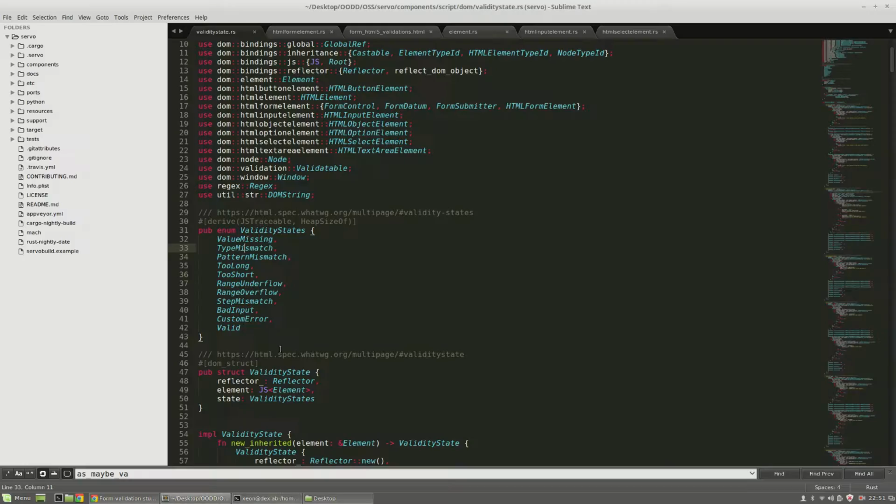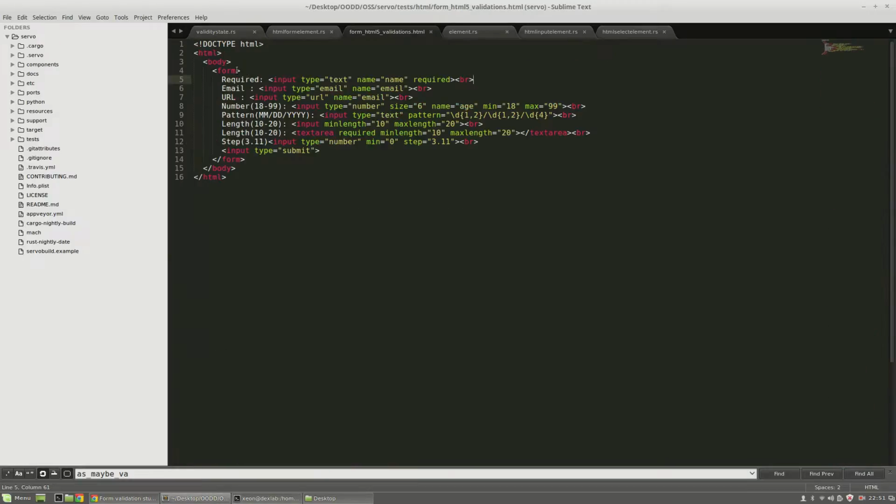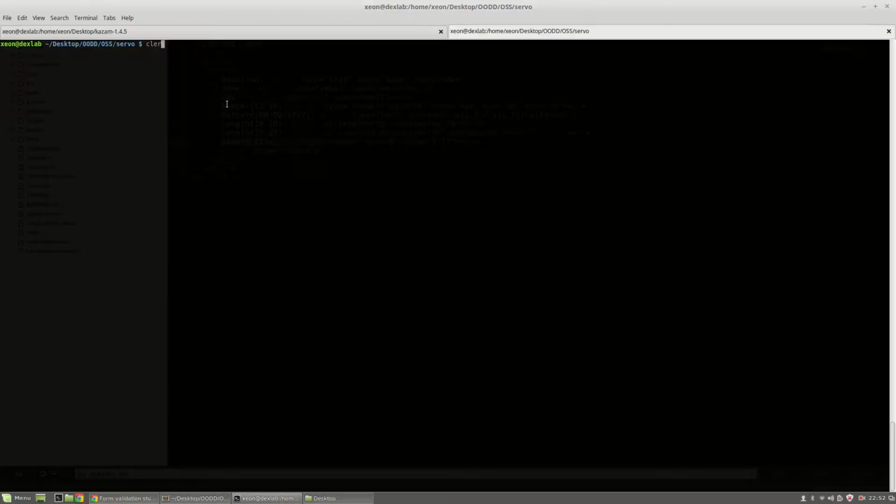I have prepared a simple HTML file in which there's one input element with a required attribute, one text area element with a required attribute, and a few other attributes with minimum length and maximum length of the input. Then there's a number with the range through which the input can be, and a step element in which the input can only be multiples of 3.11. So this is an example form on which I'll show different kinds of validations. Let's go ahead and run